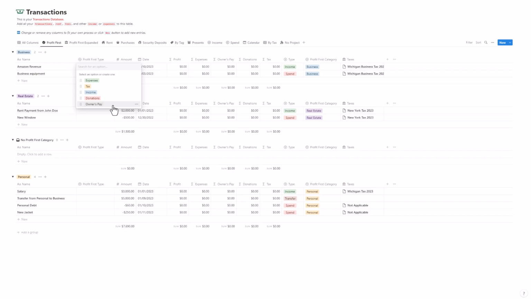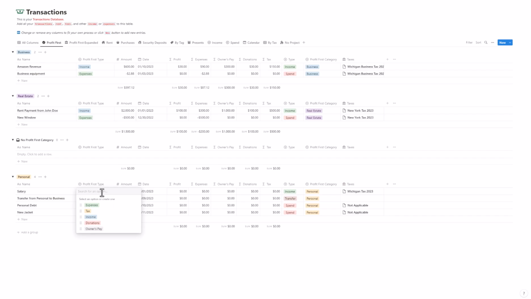Many of the users of this tool are entrepreneurs who work for themselves as a single person team. So I figure that if you do business, you have to pay yourself first, and well, actually keeping the profit first, but always pay yourself a good chunk of money from every revenue. That's how you keep the money circulating and how you can keep your business juices flowing. So let's go ahead and fill this out, and I will show you how to use it. So your revenue will be income, your business equipment will be expenses, rent is income, new window expenses,